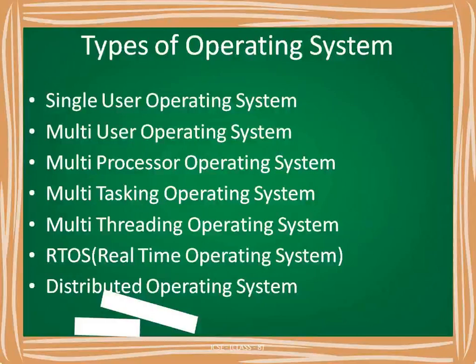Next is the distributed operating system. In a distributed operating system, the operating system is distributed over the internet. So in that case, others also can use that same operating system. A distributed operating system runs on a set of computers that are located in different geographical areas, interconnected by a network. The systems are located in different parts, in different locations. It controls these interconnected systems and makes them appear as a single computer.